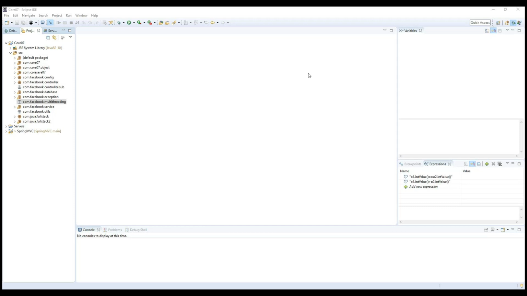Basically, whenever a multi-threaded program contains two or more parts of threads, it means two or more parts are going to run concurrently. So for example,